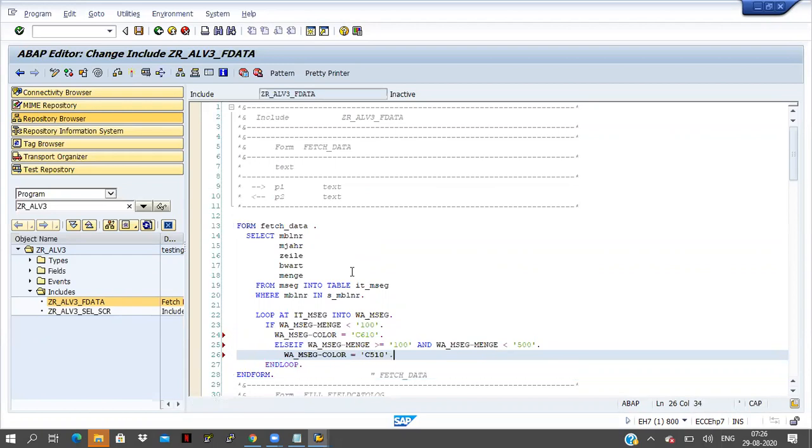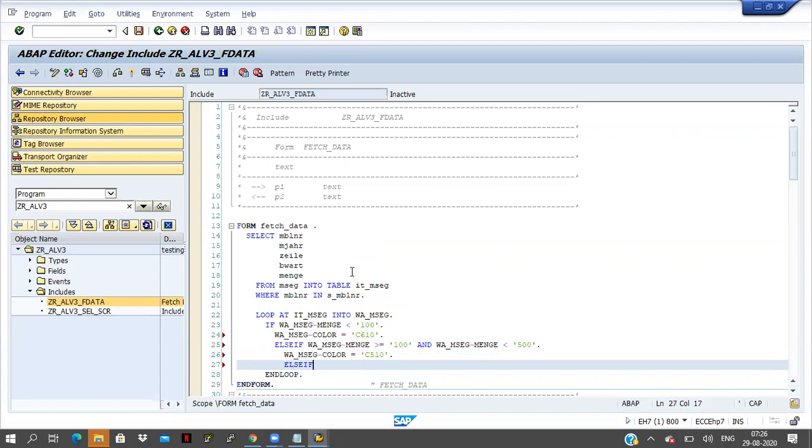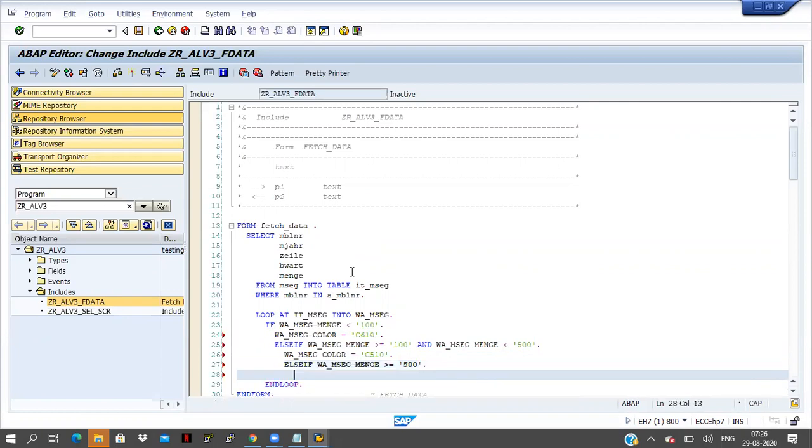C510. If work area MSEC hyphen MENGE is greater than or equal to 500, then work area MSEC hyphen color equals C410.